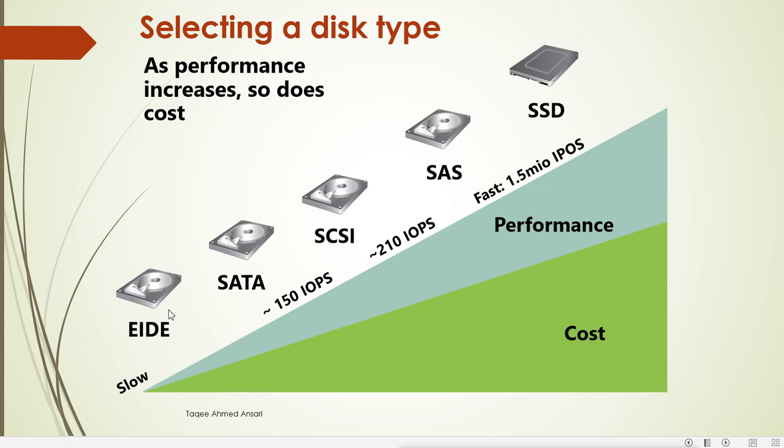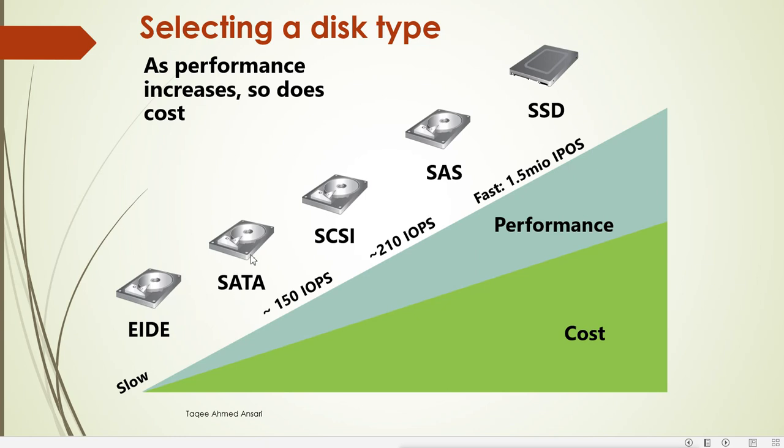Then now we have SATA. SATA is a new technology, and it is faster than the old IDE. Performance is good, and it can support large space also. We can have a disk of 2 TB, up to more than 2 TB, but it is a little expensive than the IDE. But nowadays nobody uses IDE. In any machine you will not see an IDE hard disk. In every machine you will see SATA.